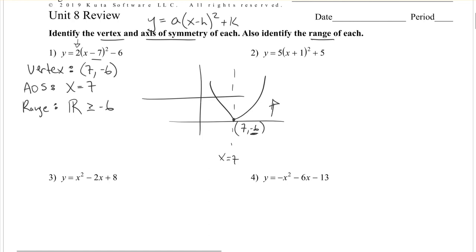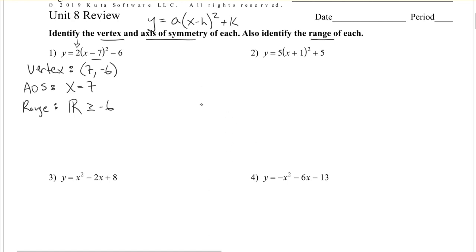Second problem is the same thing, same form. So our vertex is the opposite of this, so negative 1, and our k value as is, so negative 1, 5. That means that our axis of symmetry is x equals negative 1, and our range,